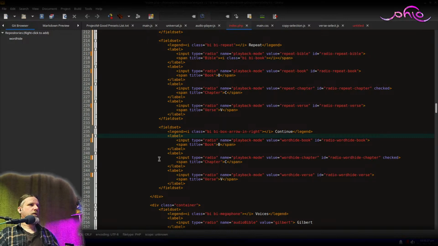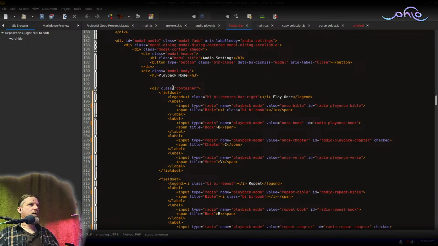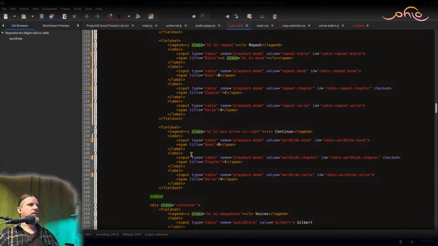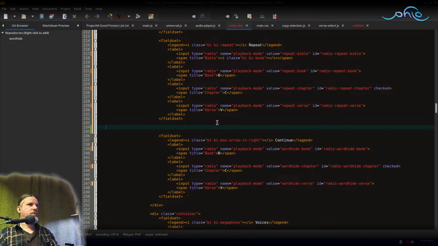The other thing that I might do is put it in a separate container for the 3rd group, because it's kind of a separate thing. That's probably not a bad idea.